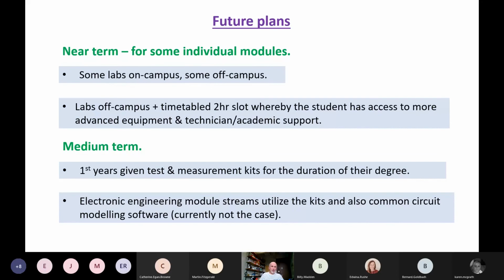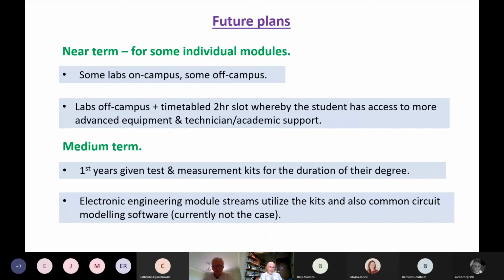So, final slide here, future plans from a departmental perspective. Next term, we do plan that for some individual modules, some labs will be on campus, some off campus. We'll have off-campus labs and also a timetabled 2-hour slot whereby students can come in to access more advanced equipment and get technical and academic support. And then in the medium term, the first year has been given the test and measurement kits for the duration of their degree, and we will have more interlinking between all of the electronic module streams